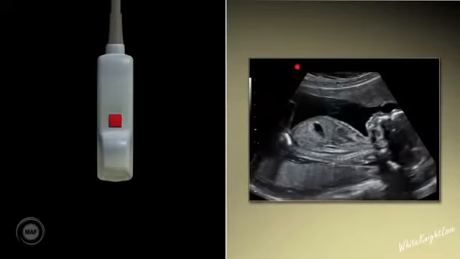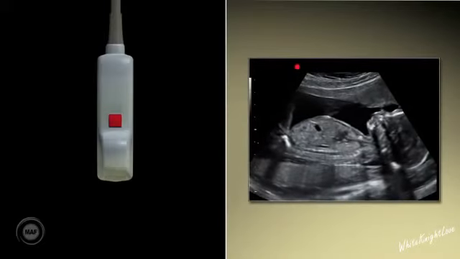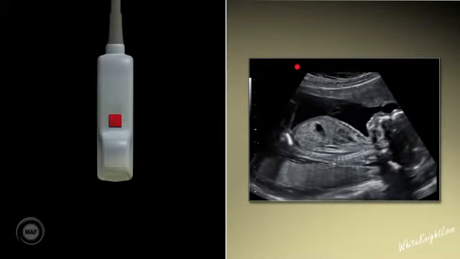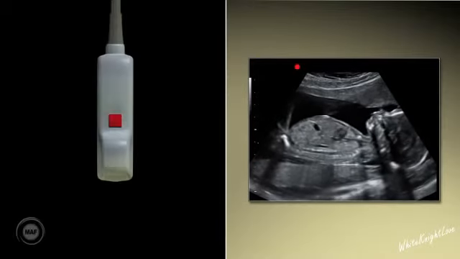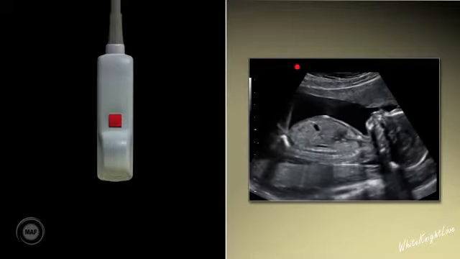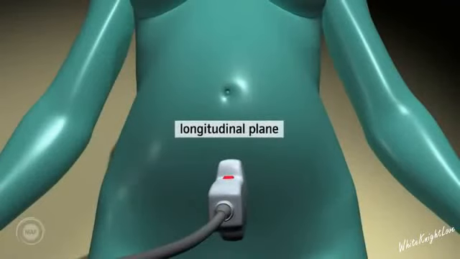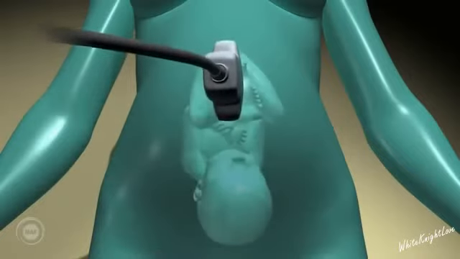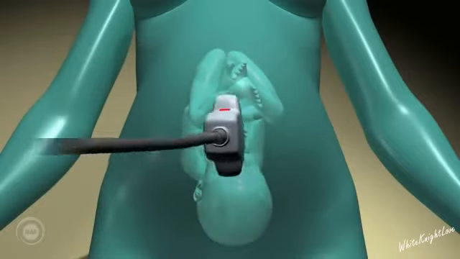Probe orientation. There is a marker or a dot located on the ultrasound probe, and it is always represented on the screen in the same place, usually the top left-hand corner. This dot is crucial when working out the orientation of the organ or the fetus, and when interpreting the corresponding image on screen. If the probe is placed on the mother's pubic bone in the longitudinal plane, one must consider where the dot is on the probe and relate it to the dot on the screen in order to interpret